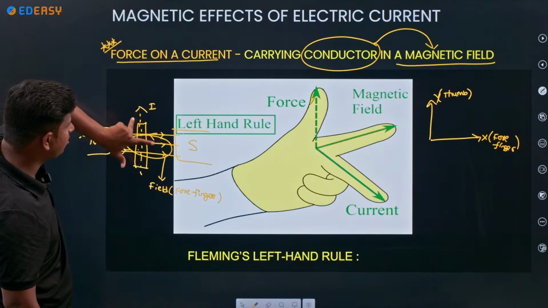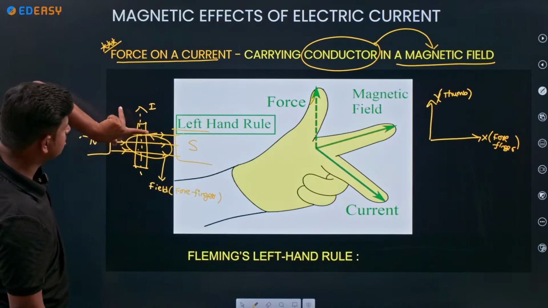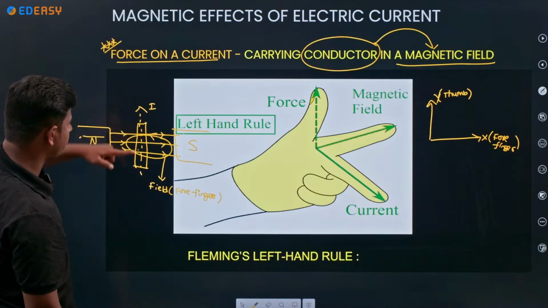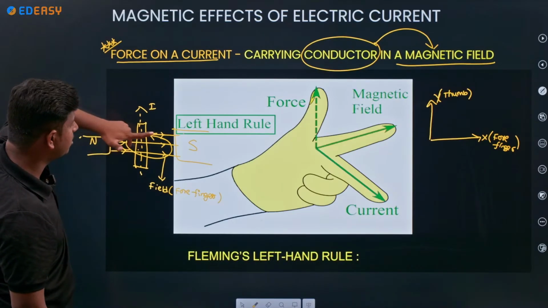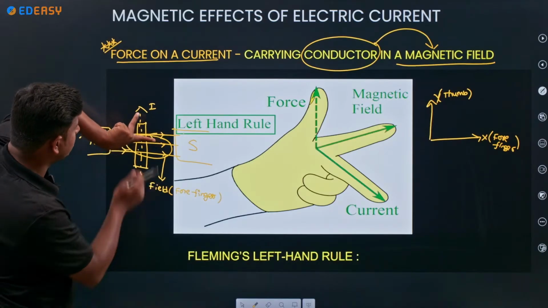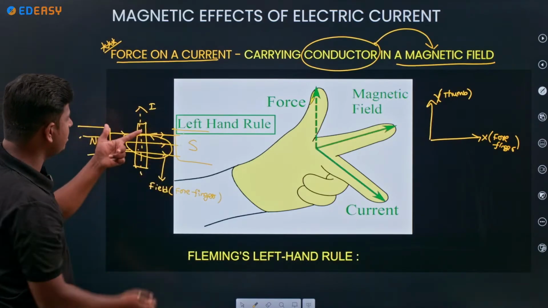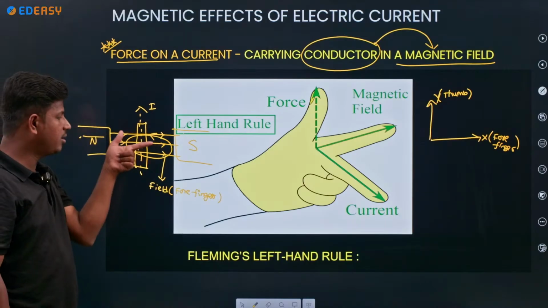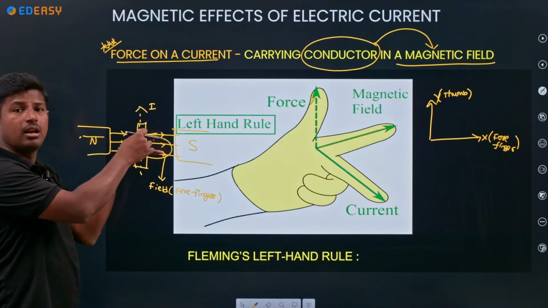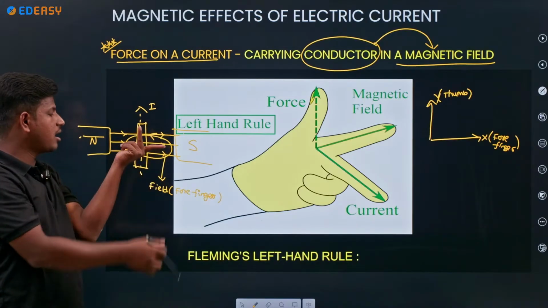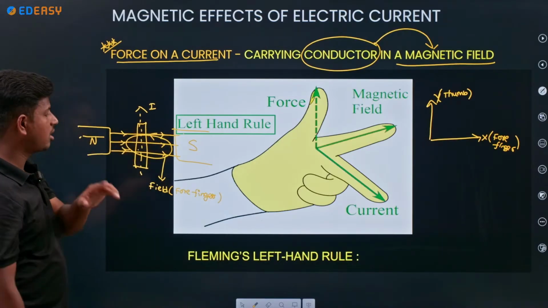Current, middle finger. See, if I am placing like this, field, current. Current is always represented like this, right? Field, current is upward. Current is in the upward direction, and the force will be